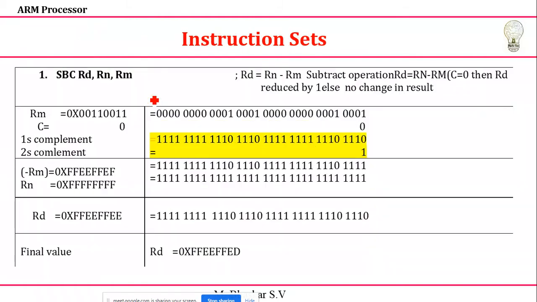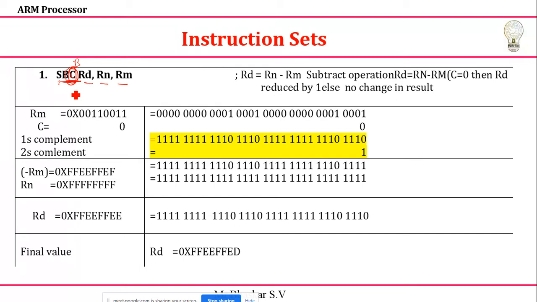So next, a very important concept, that is SBC: Rd, Rn, Rm. It means I'm going to use C again. It is subtraction with carry. Actually, if you do the subtraction, what we call is not a carry, it is a borrow, right? Generally we call it a borrow, but we don't have a separate instruction SBB, so generally you have a C. But how it works is very important. It's not as simple as the working of ADC.